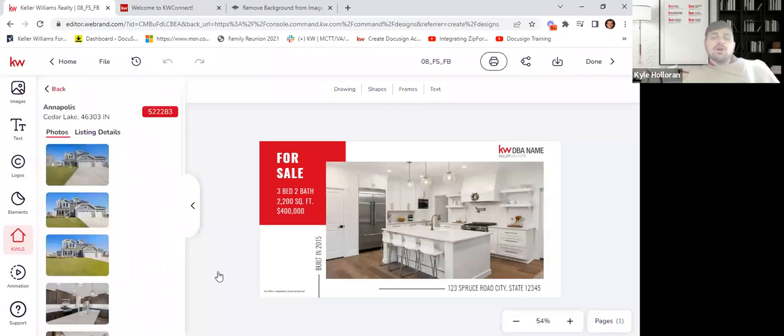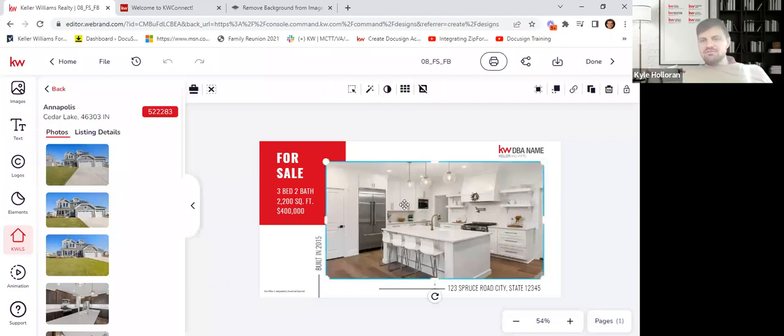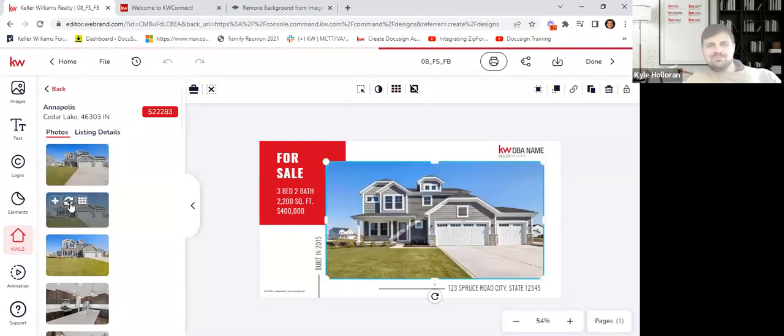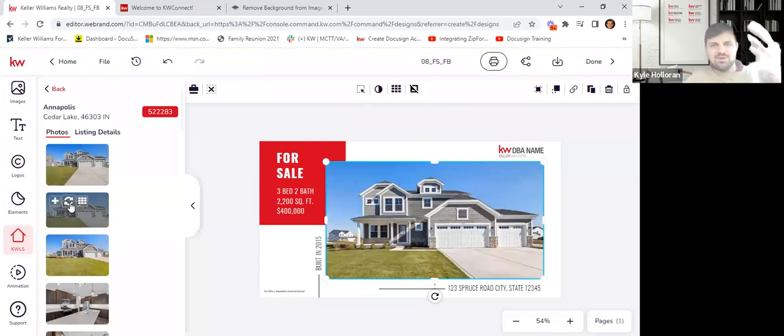So let's switch out our photo. Let's say that's the first thing we want to do. I can click on the photo itself in the graphic and it highlights the photo. Whenever I click a photo and come back over to the one I might want to add, you'll notice there's a replace image button now. So I highlighted it and I say, I want to add this image, I click replace image, and there you go. It switches the picture out. Now there's the picture of your listing.